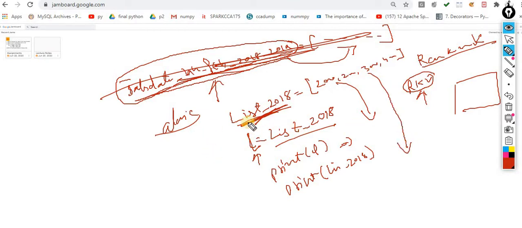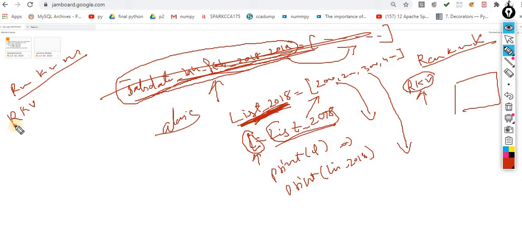Why so? Because I assigned the small name. The memory behind L and the memory behind the list are the same. The same concept: if I call Ram Kumar Verma or RKV, the address of both is the same. I am talking about the same person. The concept is exactly the same. Assigning a nickname is technically called aliasing.